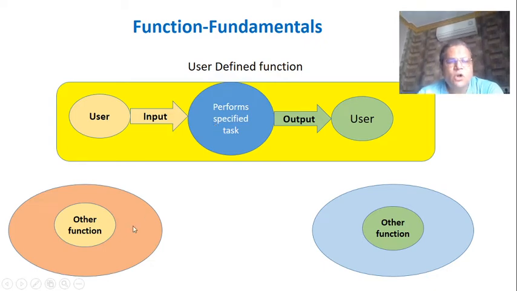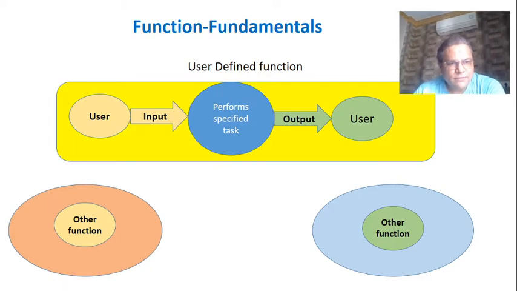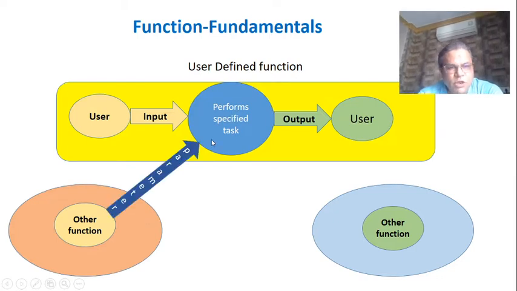What if I want to send the values of some variables from one function to other function? That means this function, which is performing a specific task, instead of taking input from the user, wanted to take the input from other function. This is possible by using a technique called as parameter passing. We need to send these values as parameters. We will come back to this point sometime later.